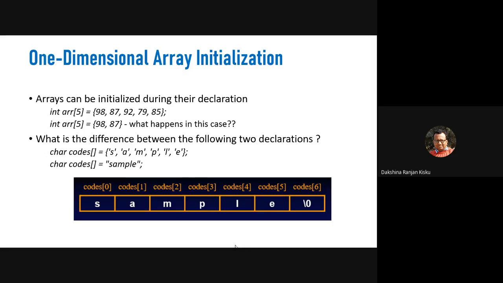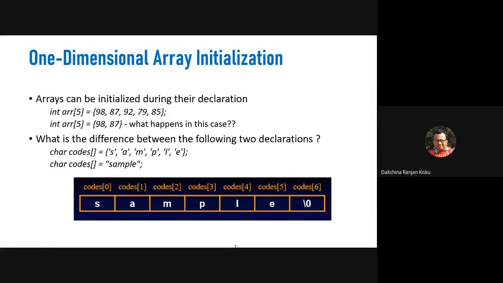Now if I write another kind of initialization, like int arr[5] equals 98, 87, there are only 2 elements. In this case what will happen? The garbage value will be there in the other spaces. If I want to print this, then only the first two will be printed, and what about the other positions? No output.